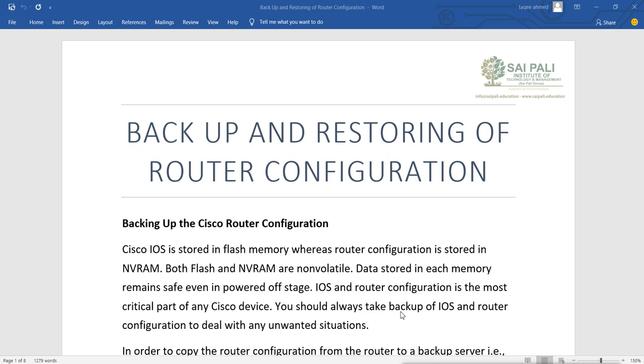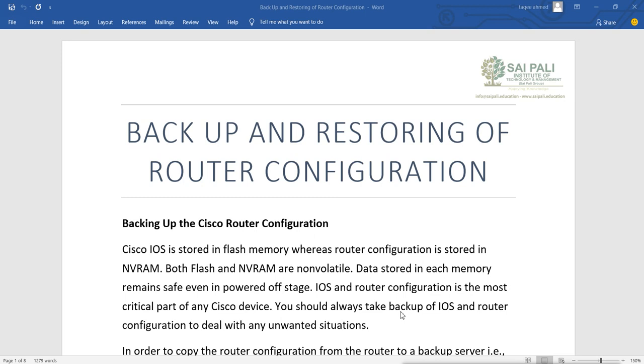That means when you restart the router, the changes which we have configured in the RAM will not be saved, because it is volatile memory. Volatile memory means that to keep the contents in RAM, it needs power. So when you shut down the router or our switches, it removes the configurations. So for making it safe, what do we do? We save the configurations, and when we save the configurations, it goes to NVRAM, non-volatile.